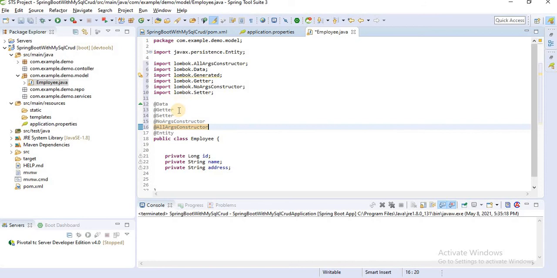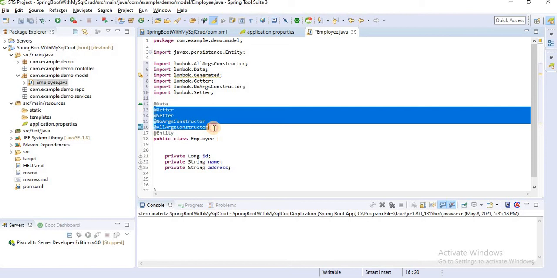We will discuss Lombok in another video. If you define @Data, then we don't need separate getter and setter annotations.